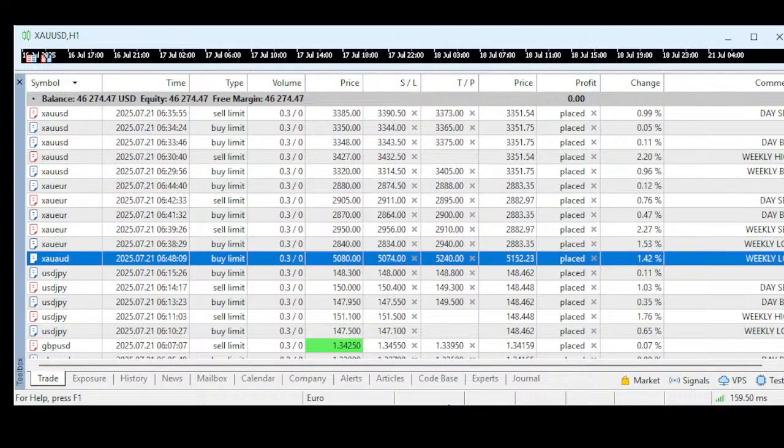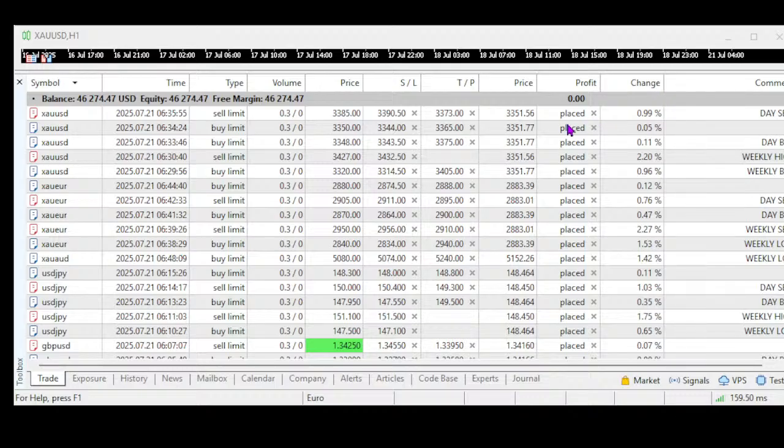So this is the order we have given just now. Buying at 5080, stop at 5074, TP at 5240. So the next one we are going to go for a weekly sell. Okay, weekly sell. Expiry is until end of the week. So weekly sell